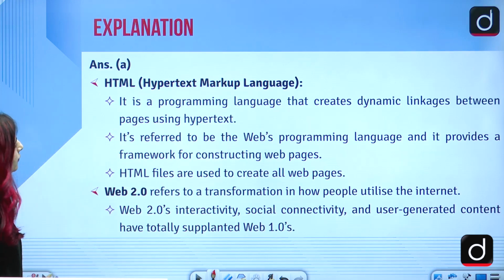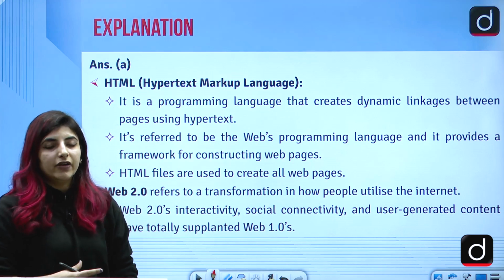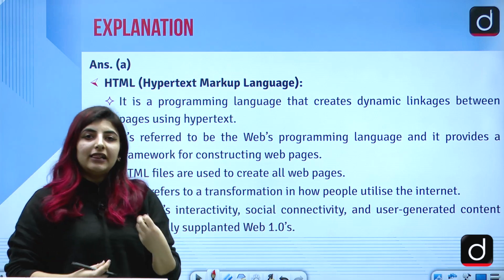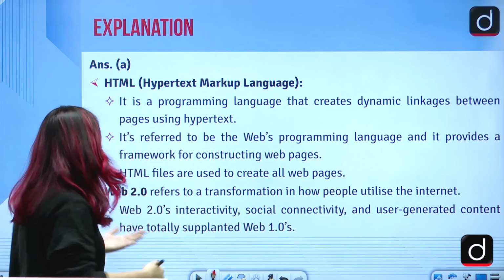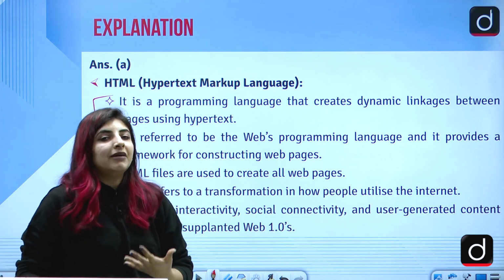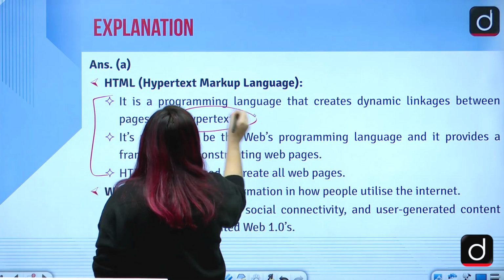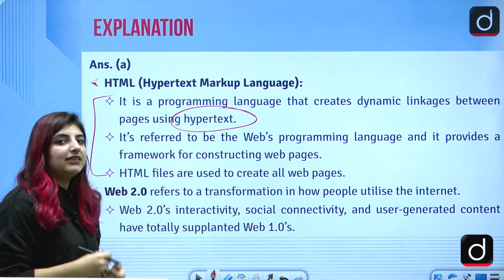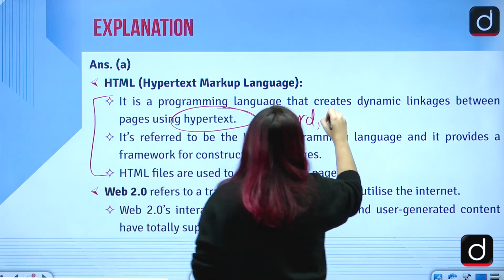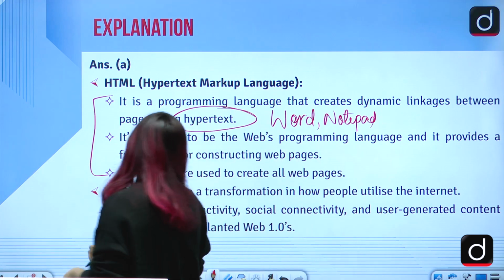Right, let's just see first of all what is HTML. The full form of HTML is Hypertext Markup Language, which is used to create web pages. So in your class 11th and 12th, if you had taken ICT or IP as your subject, you would have been taught HTML as well, how to create web pages, right? So you can create web pages using hypertext, and these web pages are created maybe using MS Word or Notepad, and then you run the link which is there, correct?